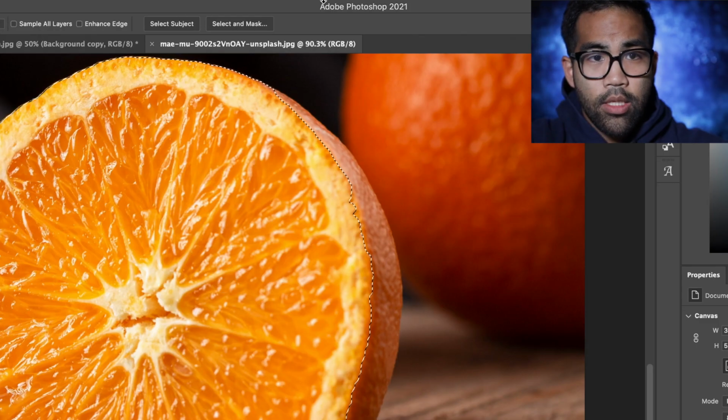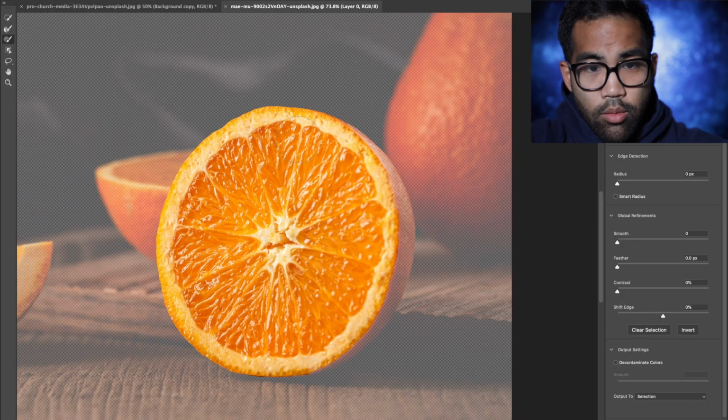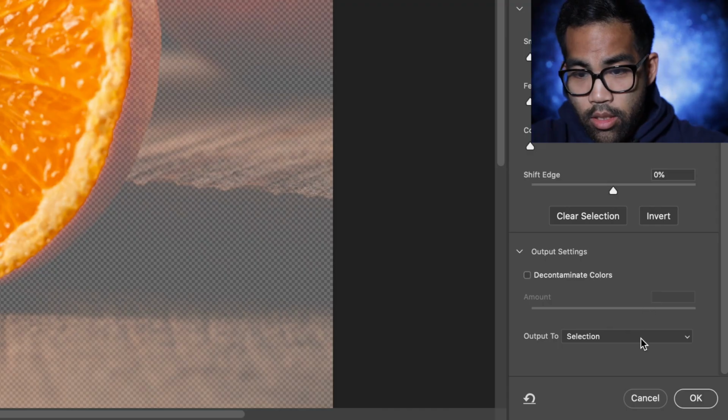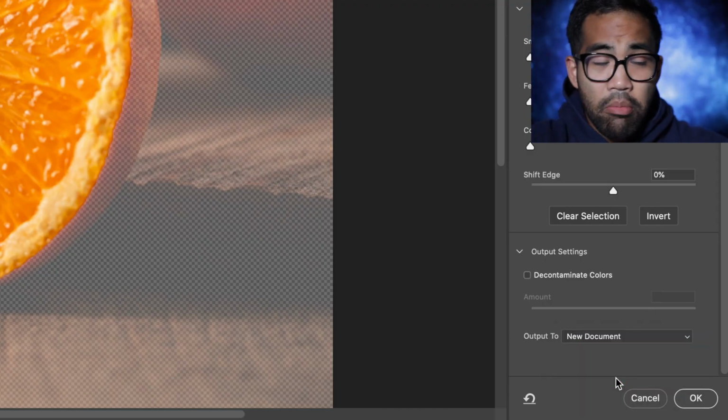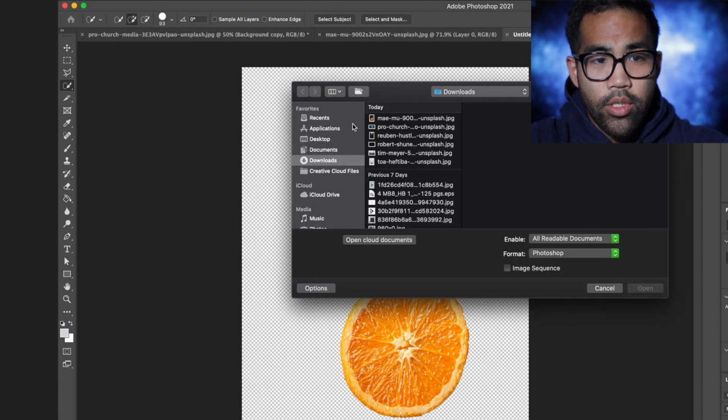We're going to do the same thing, select and mask. That actually looks pretty good to me already. Yeah, I think I'm just going to keep it that way. Okay, I'm going to import. Let's just make it a new document because we can. There you go, an orange slice. Nice. Okay, and lastly, we are going to take a look at